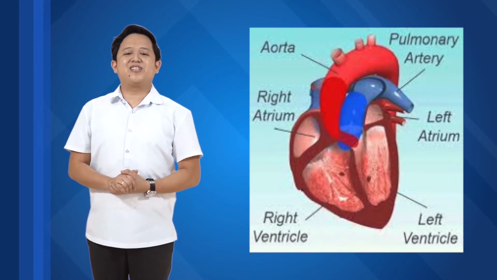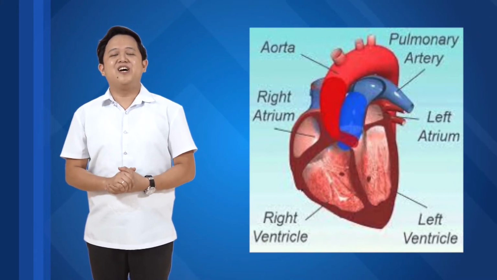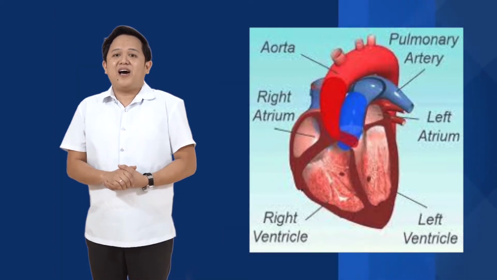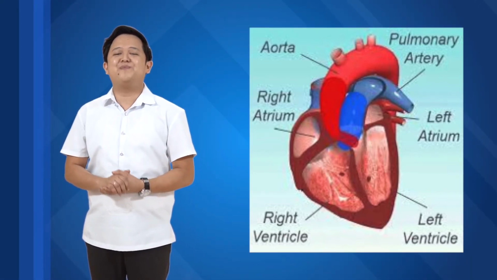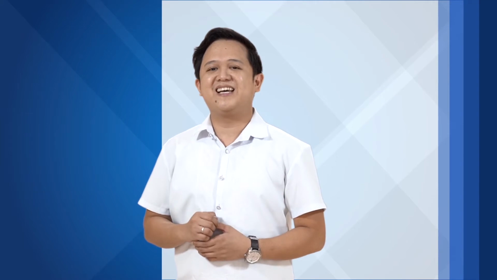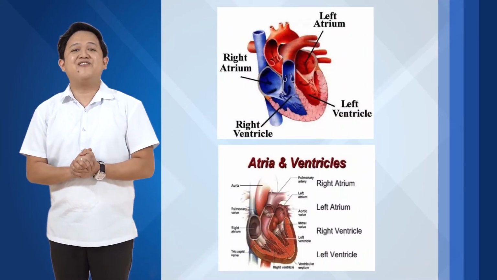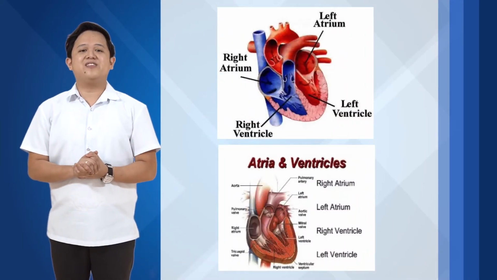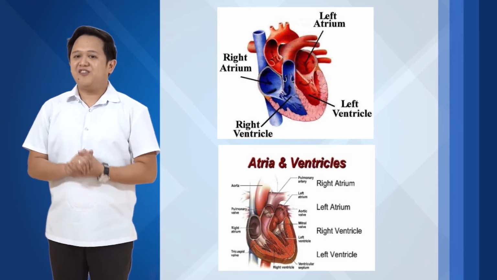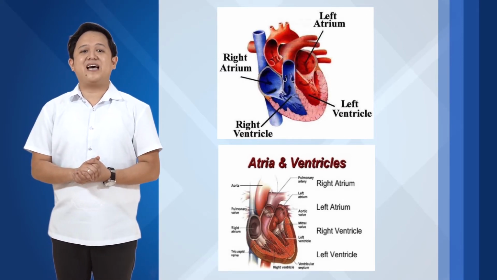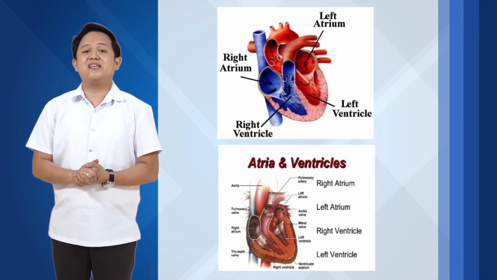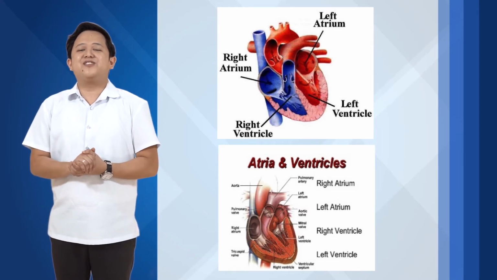The right ventricle pumps blood to the lungs for oxygenation, while the left ventricle pumps oxygen-rich blood to all parts of the body. Why do the chambers of the heart differ in thickness? The chambers of the heart vary in thickness relatively due to their function. The ventricles are thick-walled because they work harder than the atria, which are thin-walled, in pumping blood to the entire